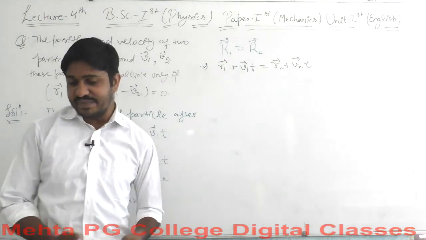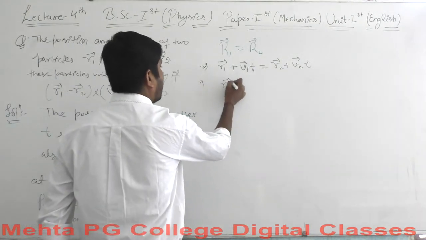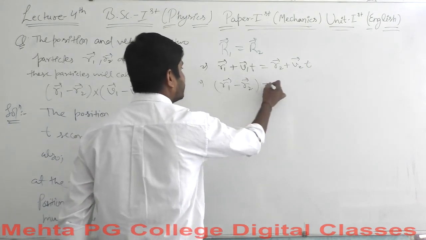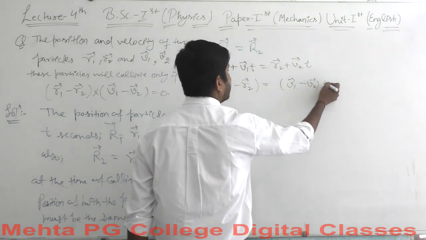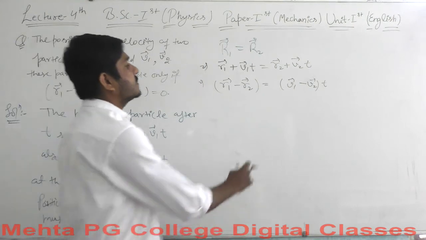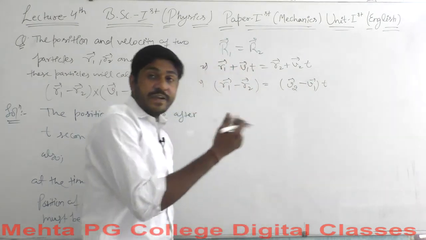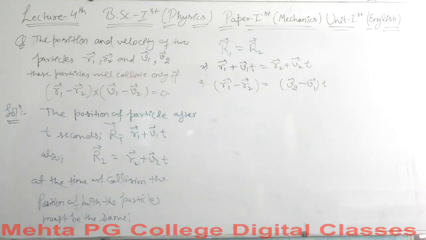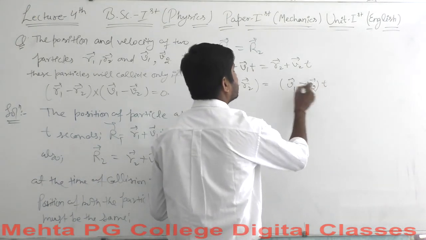Yes, the thing coming here says that r1 vector minus r2 vector is equal to v1 vector minus v2 vector into t. Sorry, this is v2 vector minus v1 vector into t. Okay, so we will multiply both sides by v1 minus v2 vector. So we will multiply all these sides here, let's say minus is here,